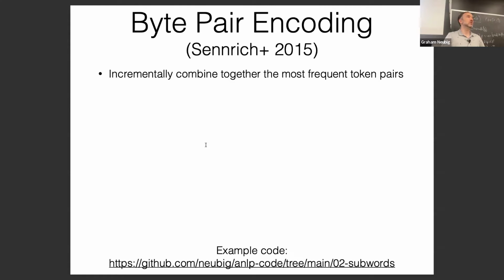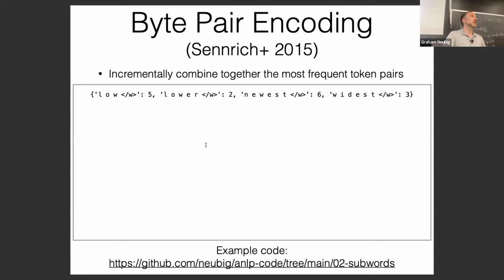And the way it works is you incrementally combine together the most frequent token pairs in a corpus. So basically, you start out, I know this is very small, but you start out with the vocabulary in the corpus and the counts of the vocabulary. So if we have low with a count of 5, lower with a count of 2, newest with a count of 6, etc.,